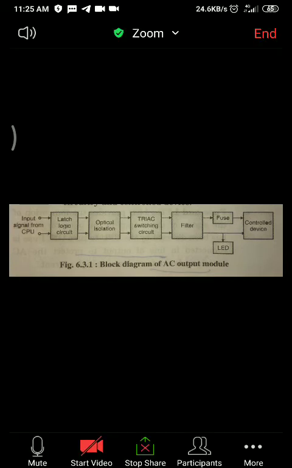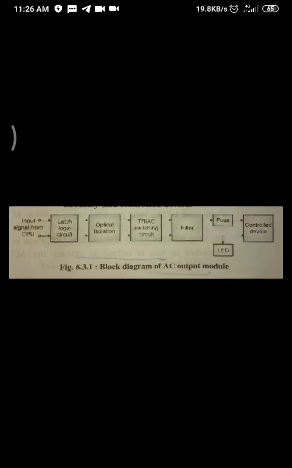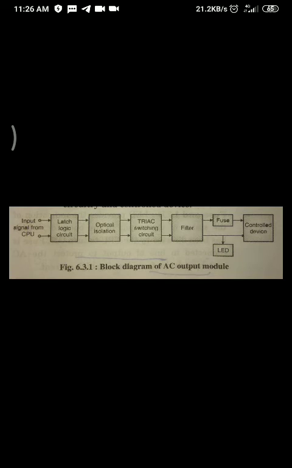The voltage protective device such as an MOV, that is metal oxide varistor, is used to limit the peak voltage across the AC switching hardware. Hence it is called a filter circuit. Generally what it does is limit the peak voltage. Suppose due to some surge, the peak voltage of that switching circuit goes to a very high level. Then the peak filter will limit the upper voltage.